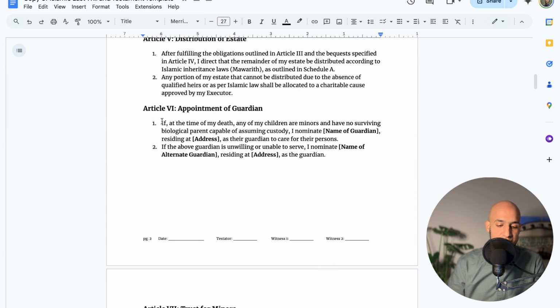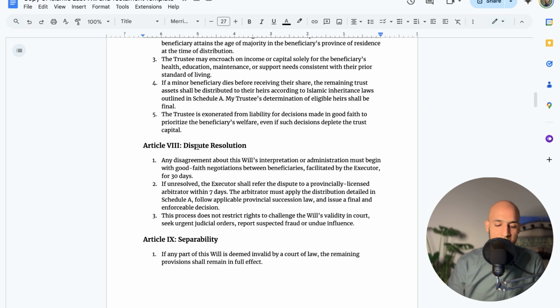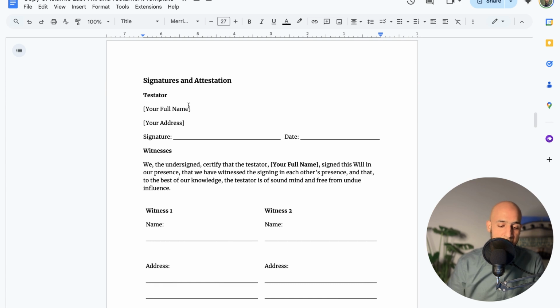If you don't have any children, you can delete all of Article 6 and Article 7. And then read through again the dispute resolution. And then finally here we have the signatures page. You're going to want to fill out your name, your address, and then this is where you sign, date, and then you need to have that signed and dated in front of two witnesses who will also sign and date